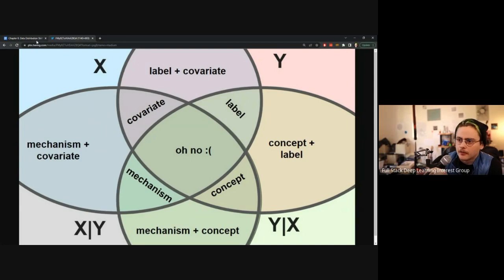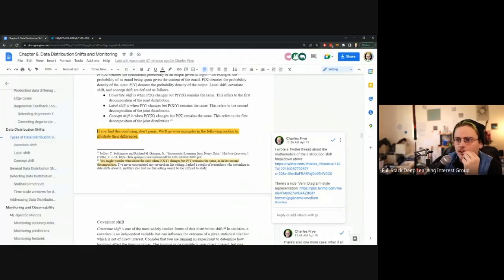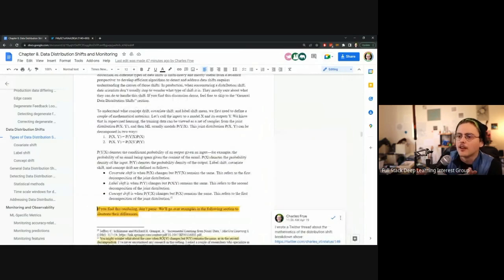So there's this mathematical approach to thinking about these types of distribution shift. They're helpful because if you know that the data is changing in a specific way, then you can apply a specific tool to try and fix it. Unfortunately, with P of y given x and P of x given y, these conditional distributions, we don't really get to see them. We have to calculate them.